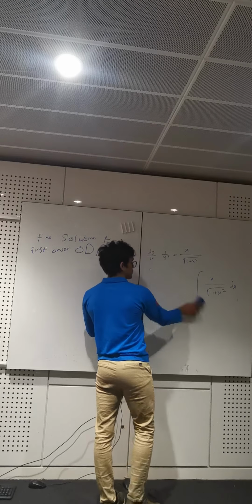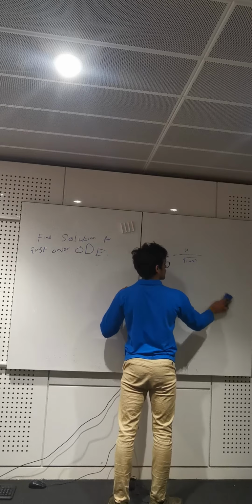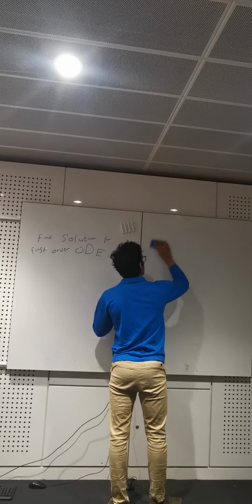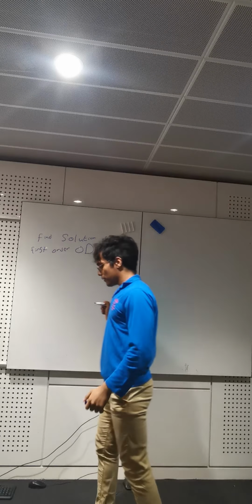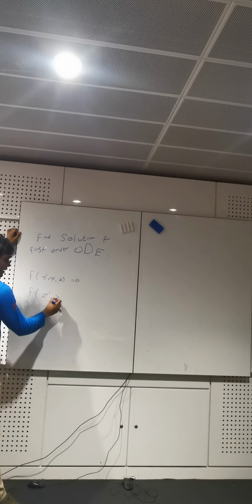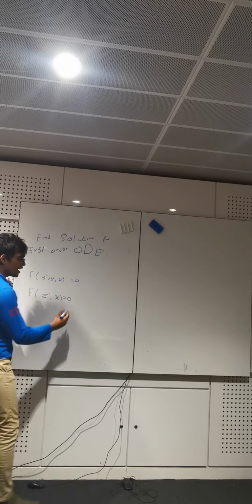Another method which can simplify the ODE is if we have another first order ODE, f of y prime, y and x equal to 0. If we can write it in terms of f of z prime and x equal to 0. So if we have this kind of ODE, if we can somehow reduce it into z prime and x, we call this type of